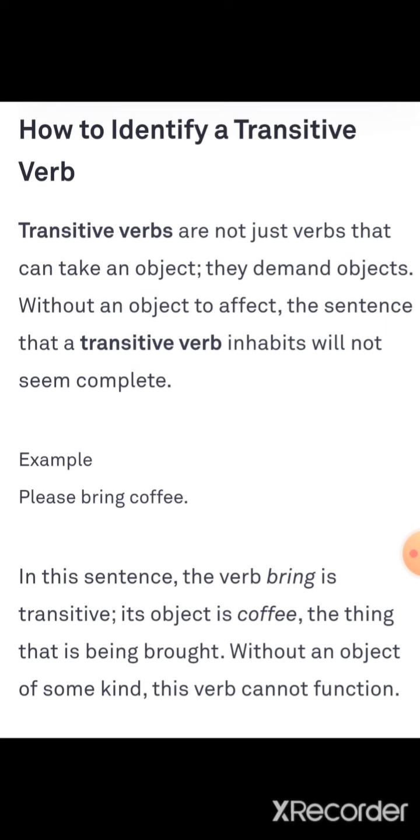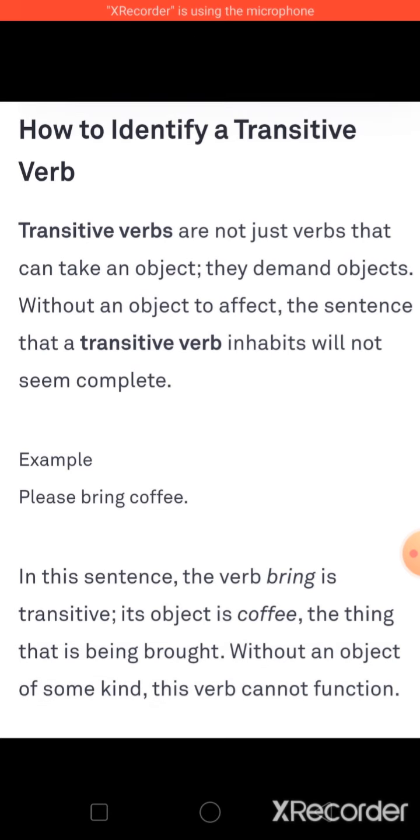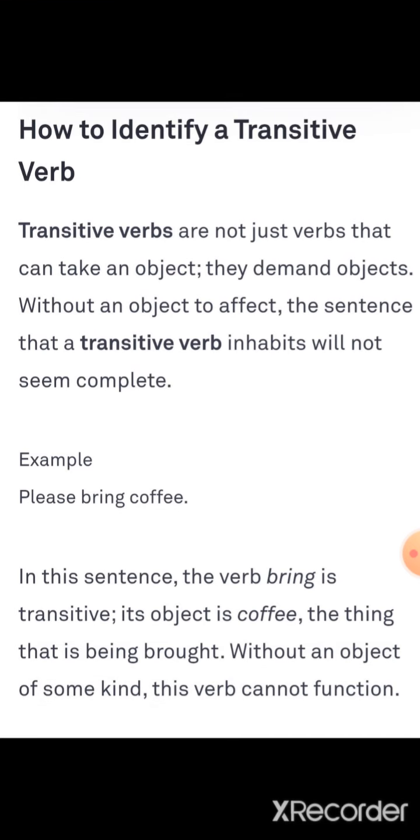Now in the previous lecture we did transitive verbs. What are transitive verbs? We have seen that transitive verbs need an object. उनको क्या चाहिए रहता है? ऑब्जेक्ट चाहिए रहता है in order to make complete sense. So जो transitive verbs हैं, it's not that they only need the object. If you will see the sentence, अगर हम कोई भी sentence देखें जिसमें transitive verb होता है, you will see that they demand the object, they beg for the object. उनको object की एक die hard ज़रूरत होती है. Without an object they are of no sense, meaning that the sentence has no sense if the object is not present.